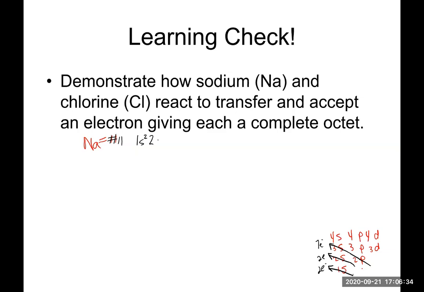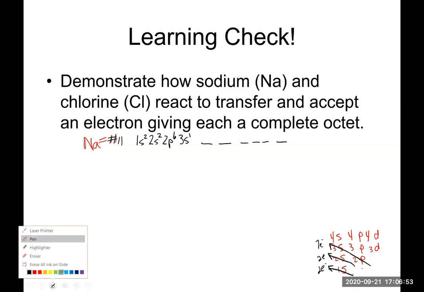1s2, 2s2, 2p6, and 3s1. And let's just draw the orbital diagram. 1s, 2s, and then I like to draw those together. And then 3s is over here, and I'll just get a different color so there's some contrast. Here's 1s2, 2s2,